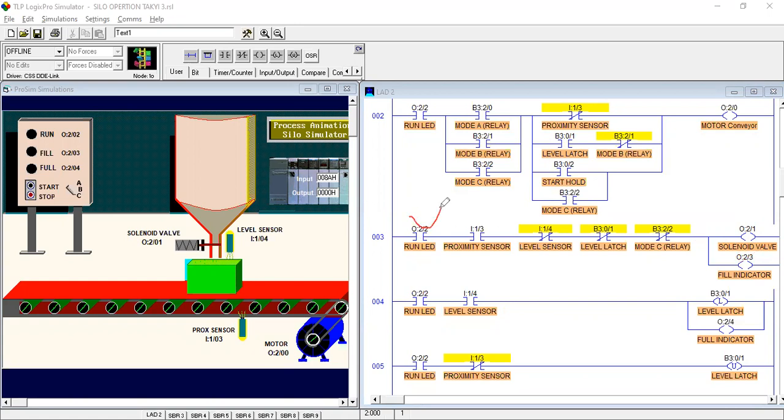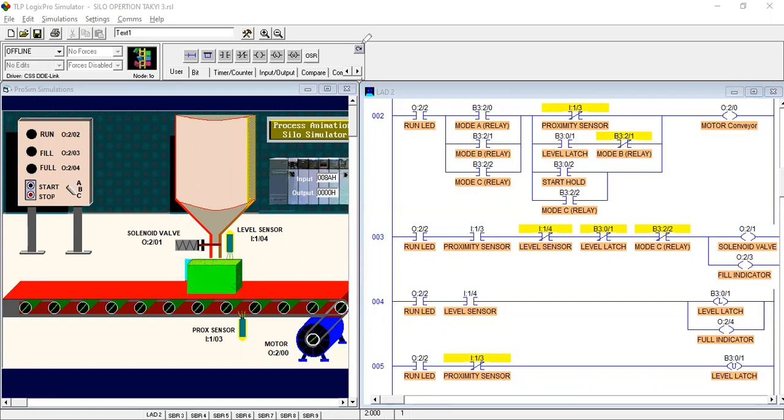So your red LED will be on, the proximity sensor will be on, the level sensor also turns on, the level latch binary instruction also turns on, and mode selection C is also on. So it will send the signal like that, and our solenoid valve will turn on when your box reaches this position.